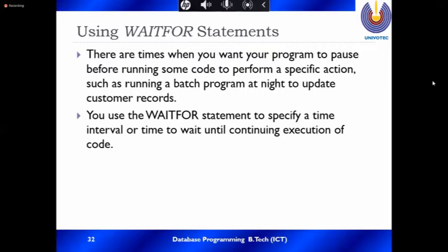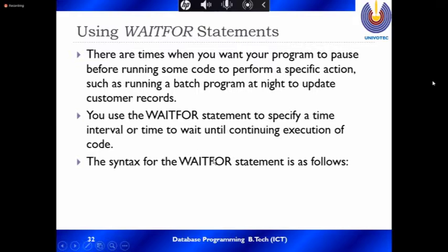You can give some particular time. Twenty years ago, at night time they wanted to back up their database and update the customer record. Then they could put that if it is 7 o'clock, they back up the record.